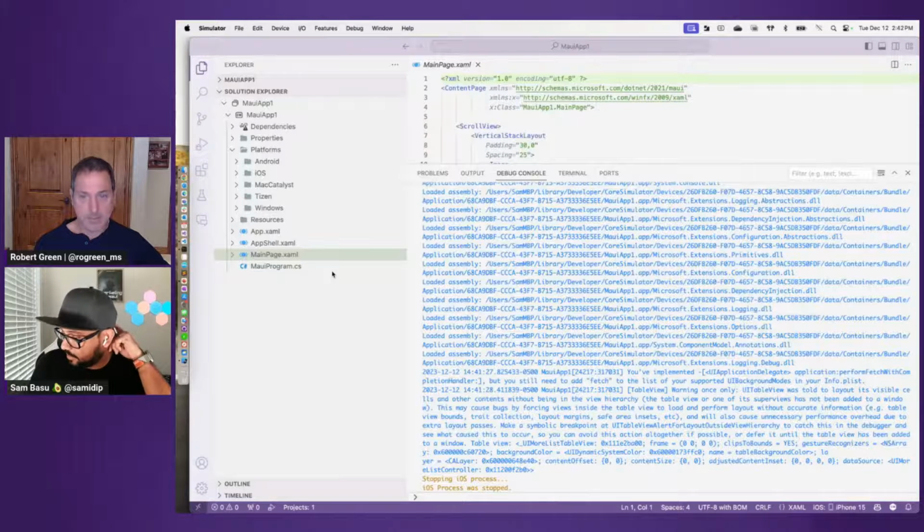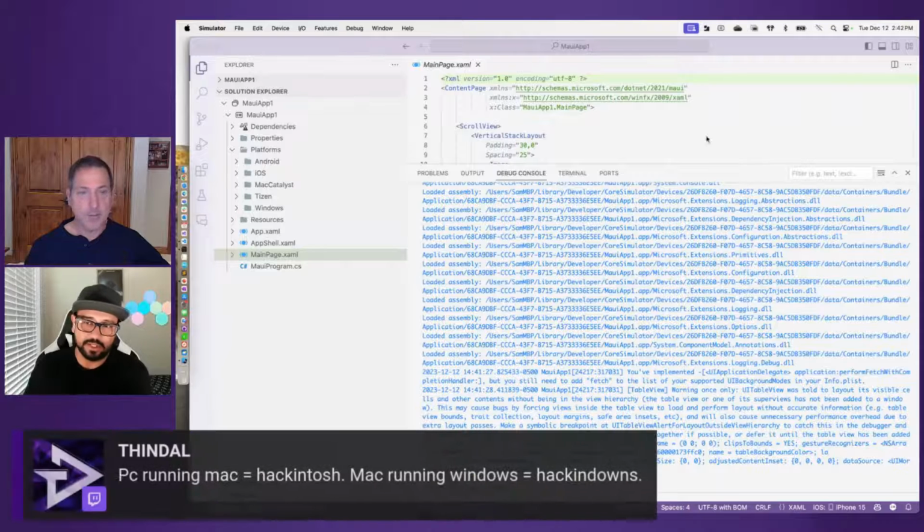So that's your hello world experience, and it's nice how everything is truly shared. Yeah, it doesn't need to be AOT for the simulator. Yes, absolutely. So I'm running it in debug mode. So what you see here is really the slowest option. It's not doing AOT. It's not doing any release mode configuration. This is just debug. So it's still pretty quick.